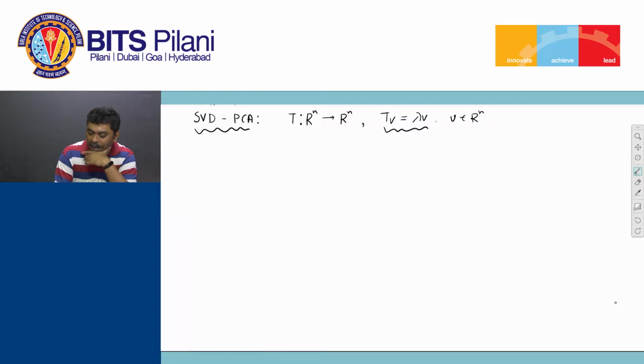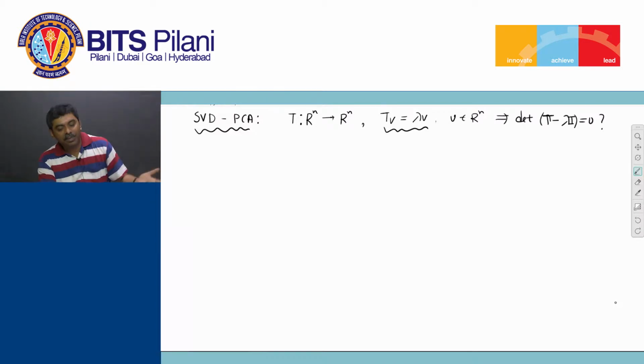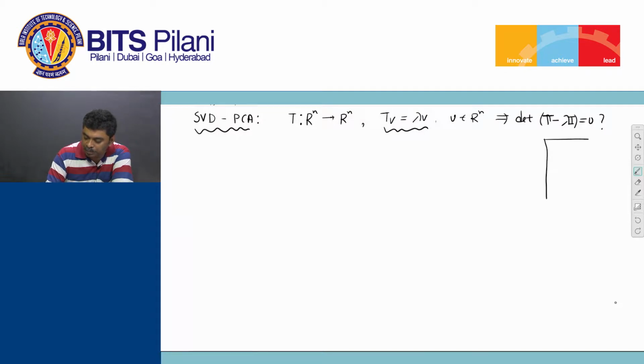And from this, when we actually compute the eigenvalues, where did you see this? If you recall, we saw this in principal component analysis, right, where we were computing the eigenvalues of the covariance matrix. Why do you compute this determinant? Okay, in this context, I would ask you to visit or read